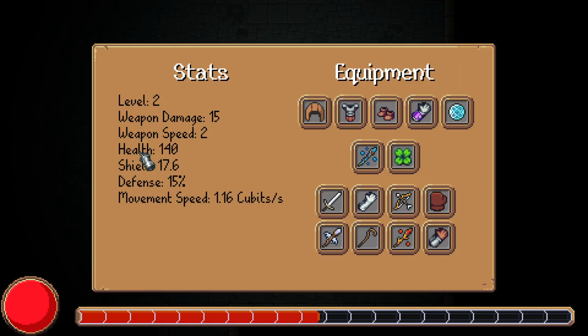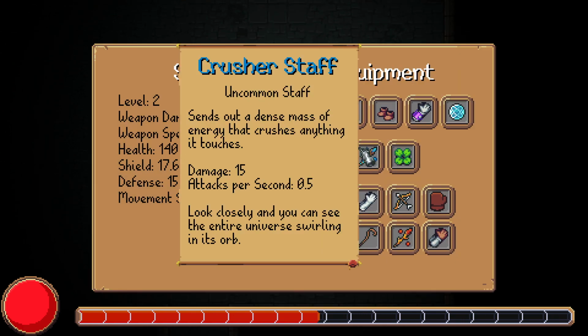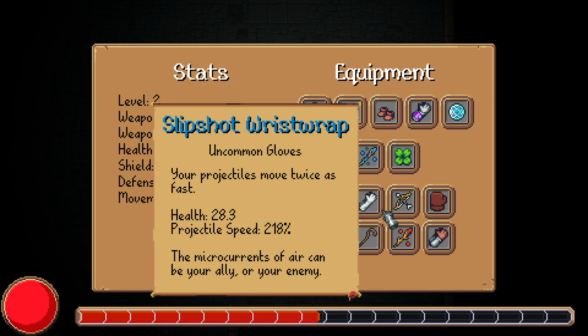So just for the sake of trying it out. Okay, that's a much shorter range than I expected. Yeah, I mean, it's definitely cool. It's got that cool factor, but it shoots so slow. It's not very high DPS, but